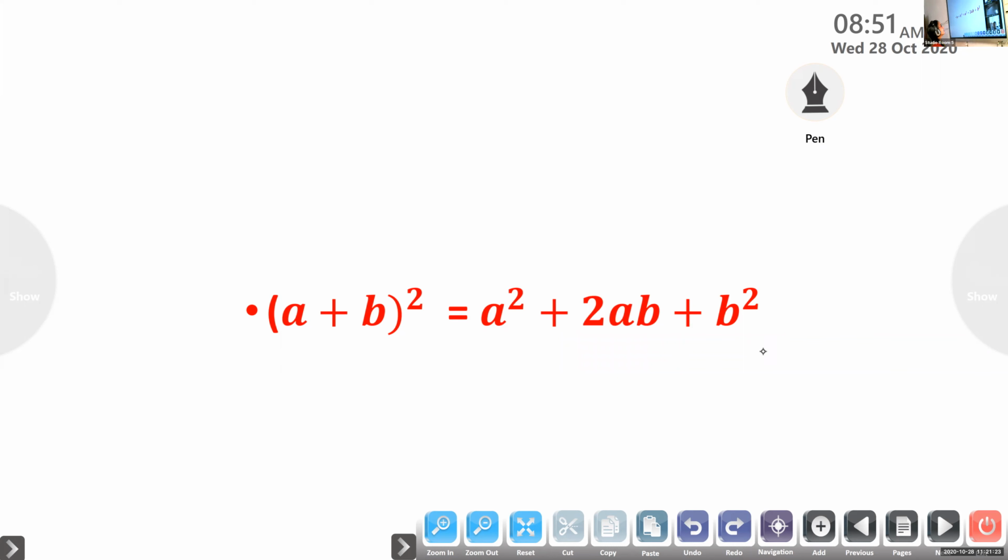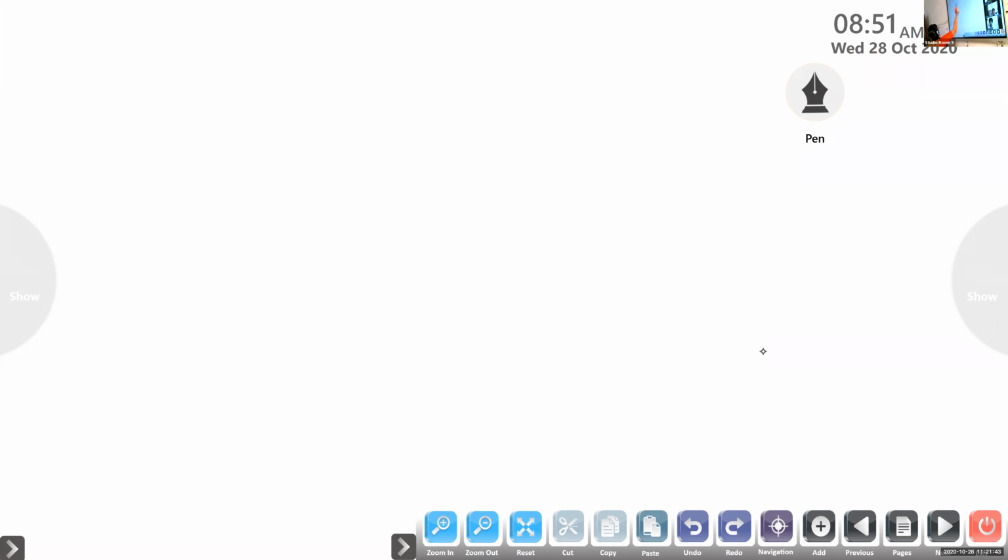Okay, read, Andrin. (a + b) the whole square is equal to a square plus 2ab plus b square. Very good. So today before 10:30 you should write 20 times and send to my WhatsApp number. Okay, Andrin? Yes, ma'am. Very good. Did you write x plus y? Children, write (x + y) whole square equal to x square plus 2xy plus y square.